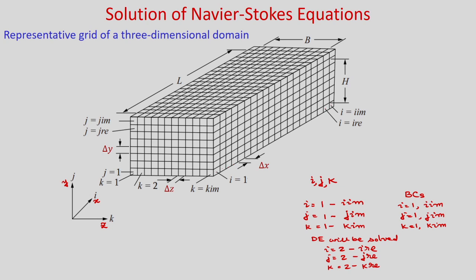And you can see that in x direction we have uniform spacing of delta x, in y direction we have uniform spacing delta y, and in z direction we have uniform spacing delta z. So, the grid size is delta x, delta y and delta z. So, this is the discretization of this domain. Now, we are considering an unsteady equation. So, we need to march in time. We will march from n to n plus 1, where n is the previous time and n plus 1 is the current or present time.